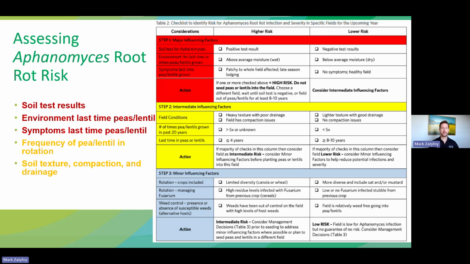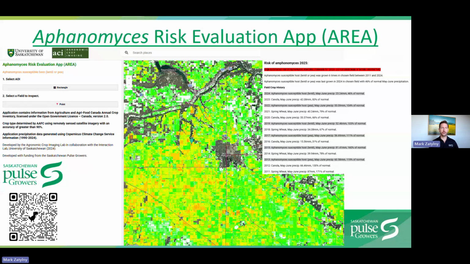problem. Another really valuable resource is the Aphanomyces Risk Evaluation app, or AREA. This was created by Dr. Shurtleff and the Agronomic Crop Imaging Lab at the U of S. It uses historical satellite data to determine previous crop rotation history, as well as historical precipitation to determine the risk of Aphanomyces. You can just go to the app and find a field in the province, and